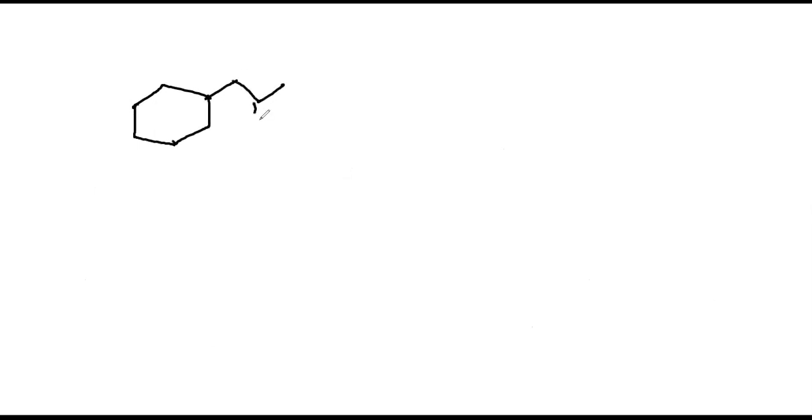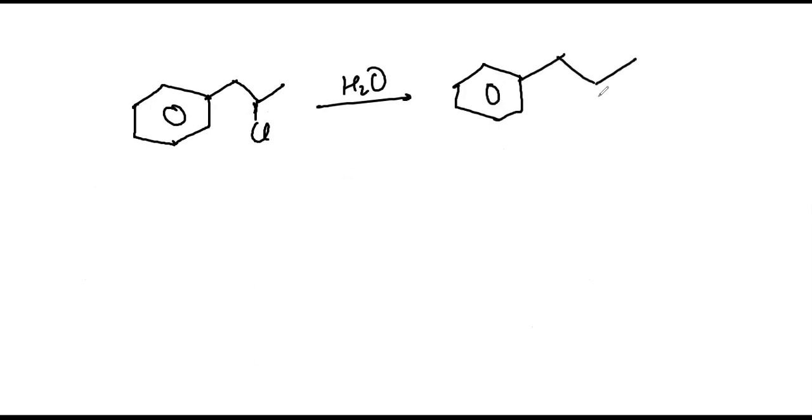Fourth, we are having this, and we threw this thing in water. I hope you understand. First of all, this carbocation will be formed, isn't it? Cl will leave. Then what will happen next? Is the carbocation stable or unstable? It is 2 degree. It is fairly stable. But can it become more stable? How? If I somehow bring the carbocation on 1, it will become more stable. Why will it become more stable?